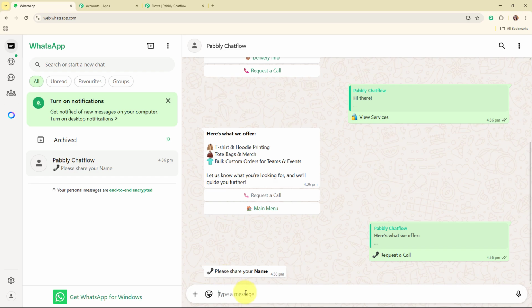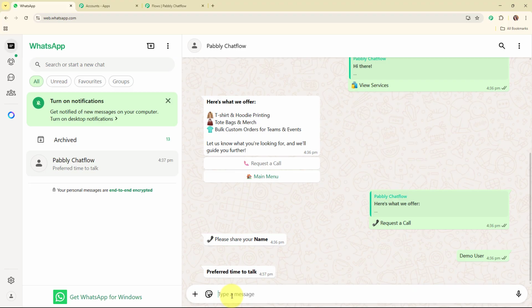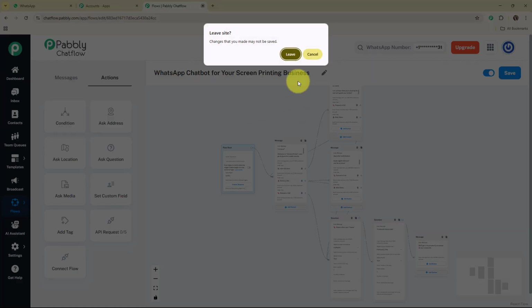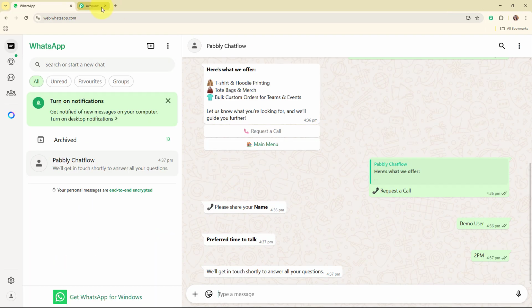And it says please share your name, so I'm going to share a random name over here. And it says preferred time to talk, so I'm going to share the time as 2 p.m. And then it says we will get in touch shortly to answer all your questions. Alright, so with this we have successfully seen the working of this amazing chatbot that I've already created using Pabbly Chat Flow. And now in this video we are going to learn step by step